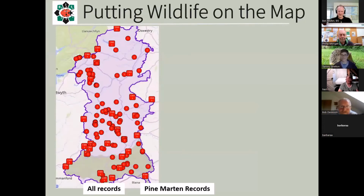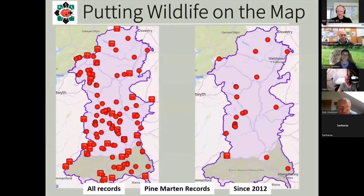So talking about pine martens, here's Powys, and these are all the pine marten records that we hold for Powys and Brecon Beacons National Park area. This is records from all time, and if we look at just the last 10 years, you can see there's quite a lot fewer